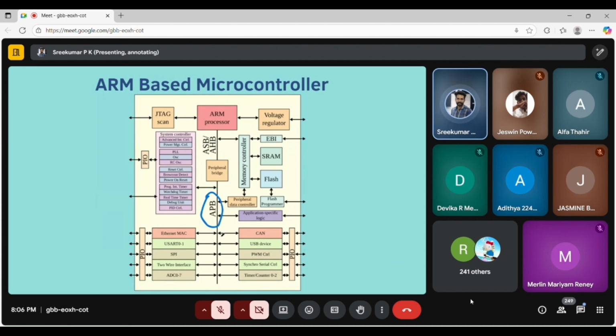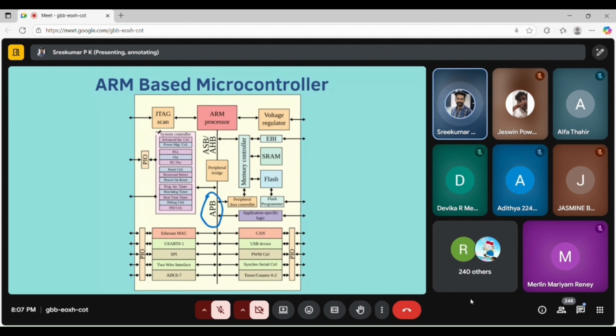If you want something with a higher speed, it is connected at the AHB. You can see all the memory controllers and memories are connected at the AHB directly through the memory controller. SRAM, flash, everything is internal now. You have RAM inside, you have flash memory inside, and a flash programmer control circuit is there. Some data will come inside and the flash memory will get updated. We will learn about flashing and all those things later in the coming lecture.